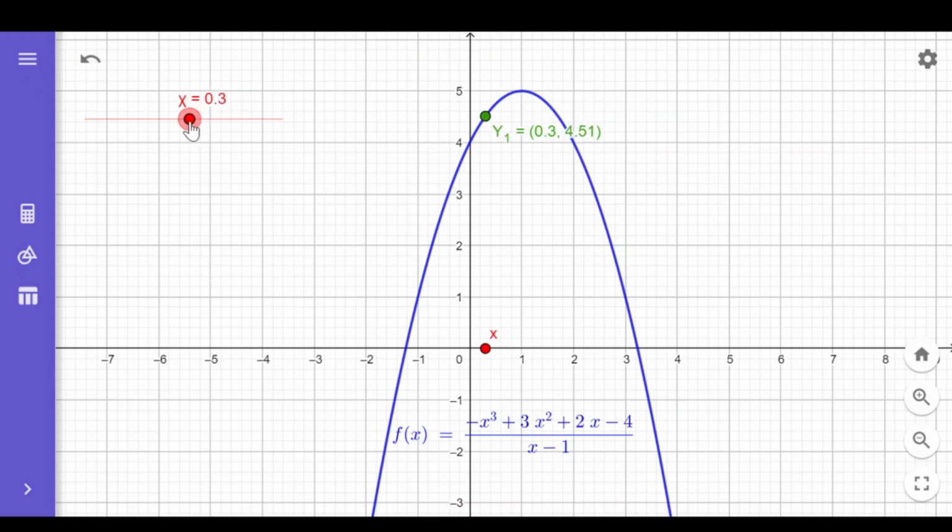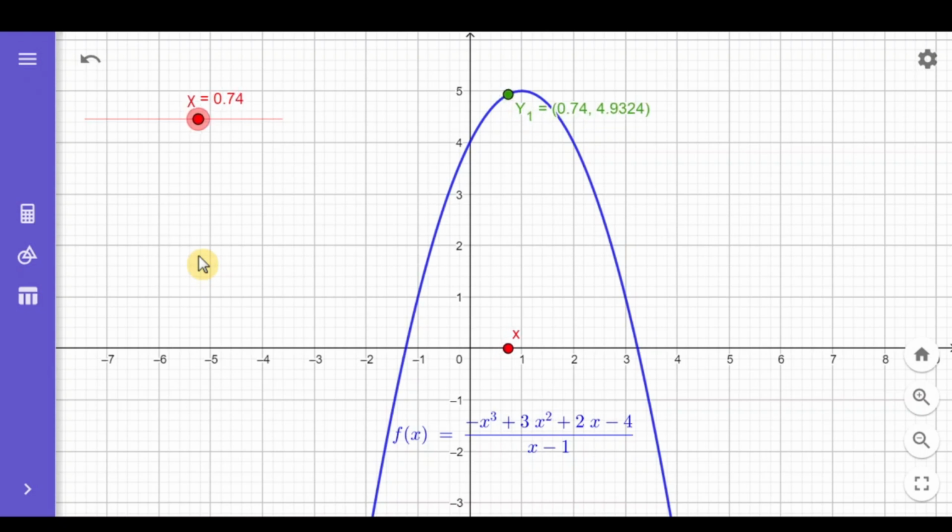So, ano ba yung mga numbers na nasa left side ng 1? So, I can start here actually. 0.3 is a number that comes from the left side of positive 1. So, let us observe. Ang tingnan natin yung y value. I-slide ko lang yung x value going to positive 1, approaching positive 1. So, 0.31, 0.35, gano'n. Lumalapit lang tayo sa positive 1. Ano nga nangyayari sa y?